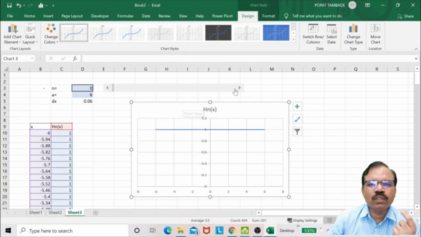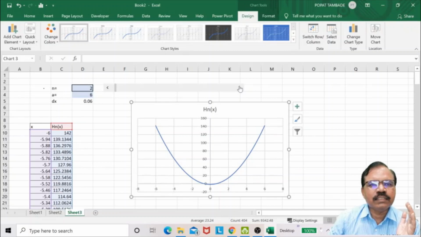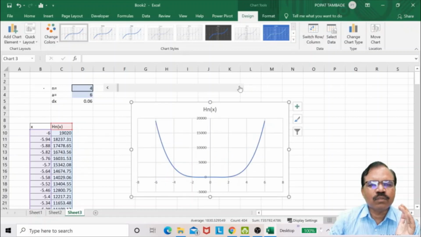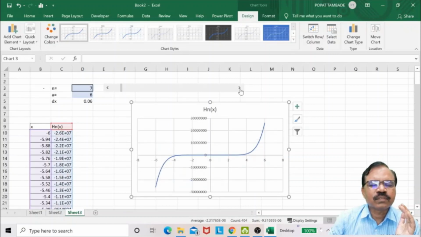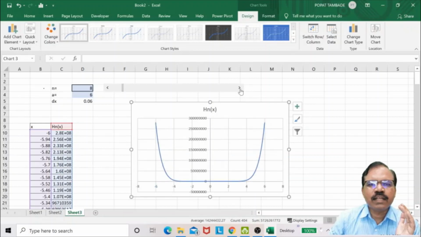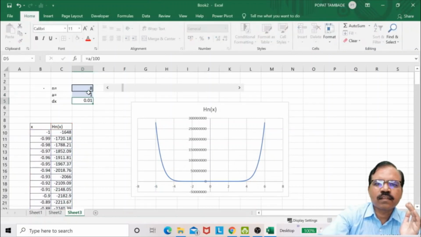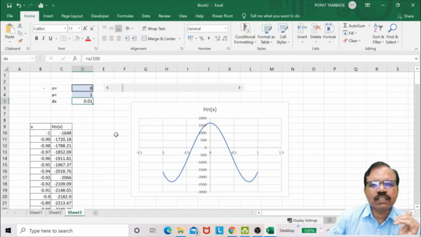n equal to 0 is 1, n equal to 1 is 2x, n equal to 2 is this, 3 is this, n equal to 4 is this, n equal to 5 is this, and so on. Get these values. Now you can start from minus 1 to plus 1.